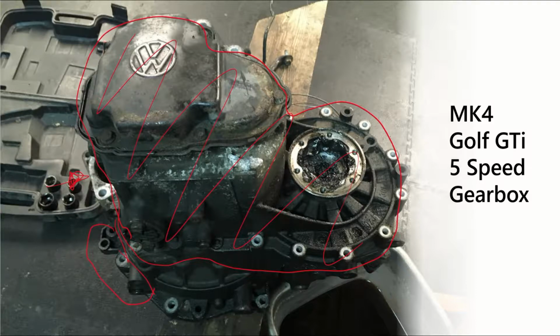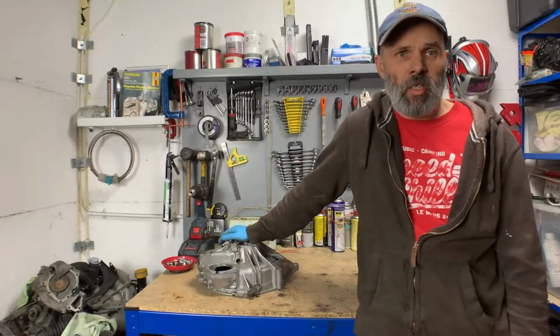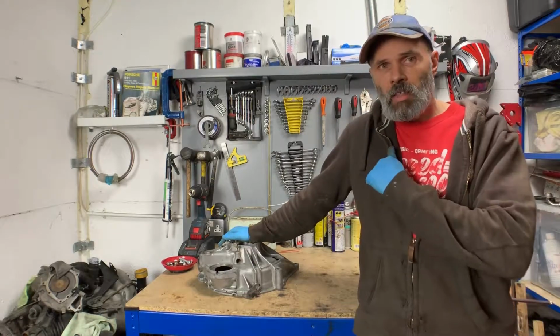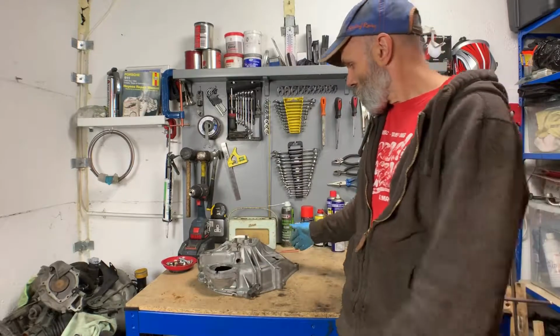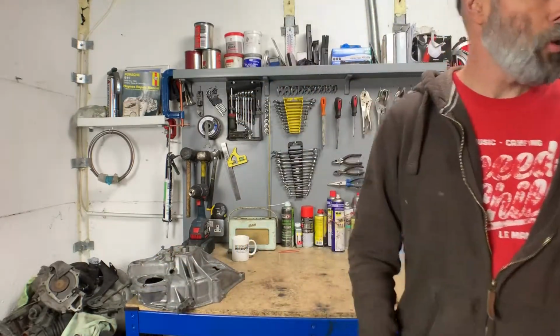To give you a point of reference, a lot of this stuff here is just sort of chopped away and then ground back to make it smooth. It's a bit wasteful, but the whole gearbox cost me about £40 from the breakers just to give me pretty much everything that is below that line. Hopefully you've got a better idea now of what I started with in terms of the gearbox and how much I cut that down. So let's put this to one side and bring up the VW Bellhousing,